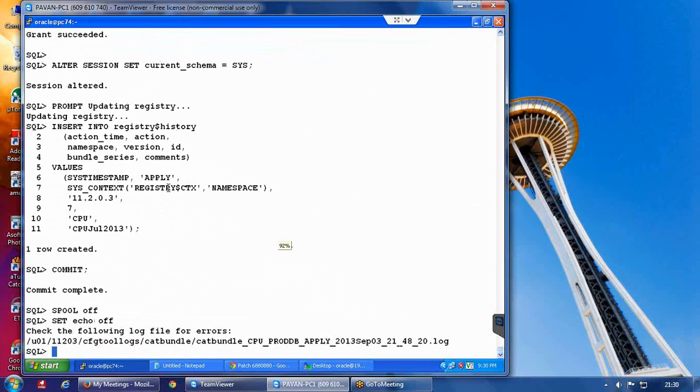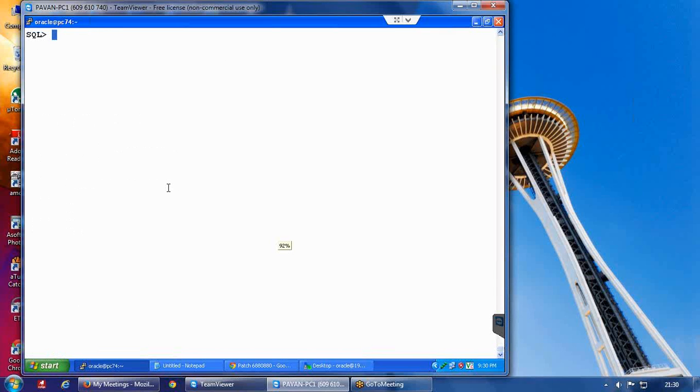Okay, so this got applied. That means we have successfully completed applying the CPU 2013.